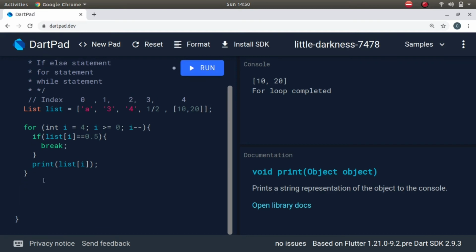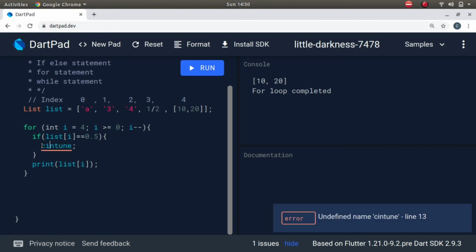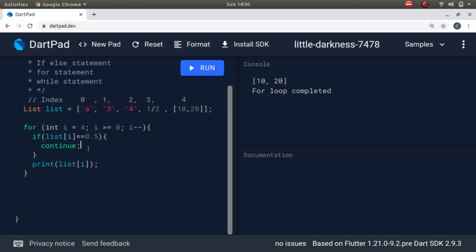Then there is the continue statement. Continue keyword. Terrible spelling mistake.